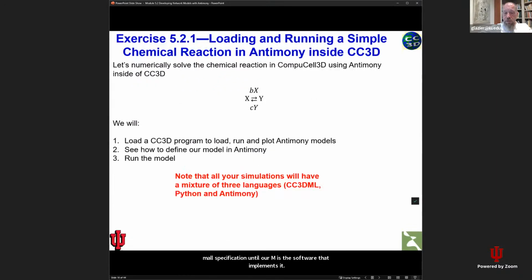So the first thing that we're going to do here is we are going to load and run a simple chemical reaction in antimony inside of CC3D. And we're going to write about the simplest chemical reaction we could. We're going to have a molecular species X that's transformed into Y at a mass action rate B times X. And we're going to have a species Y that's transformed back into X at a rate C times the concentration